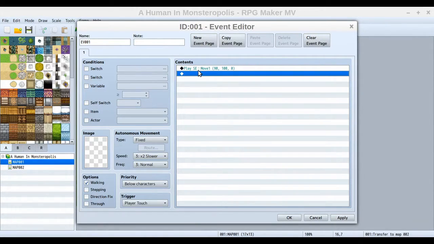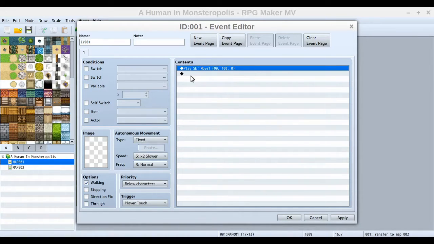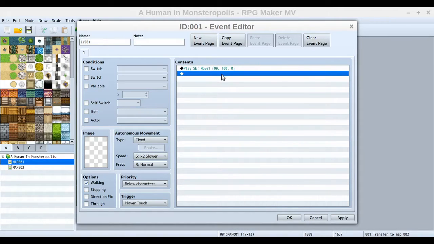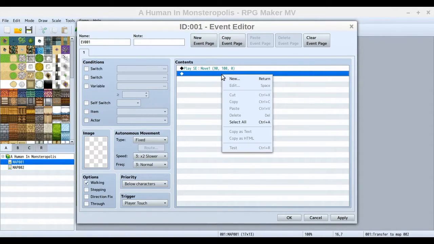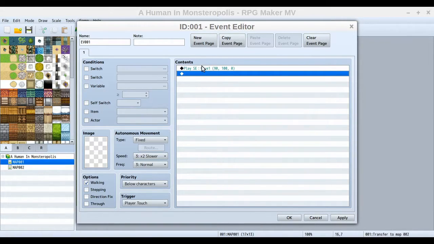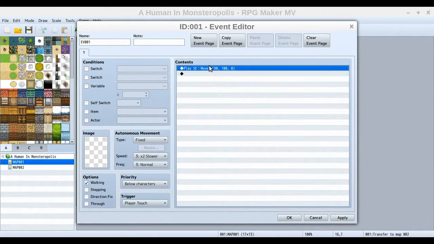And now we can see this first line here, that's an instruction for this. When this event triggers, it will do this. So it'll play a sound effect. Now, in addition to that, we want it to move our character to the other map. So we'll go back and right-click again underneath that, and it does the things from the instructions here from the